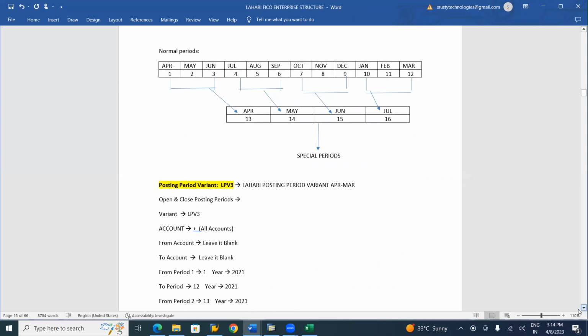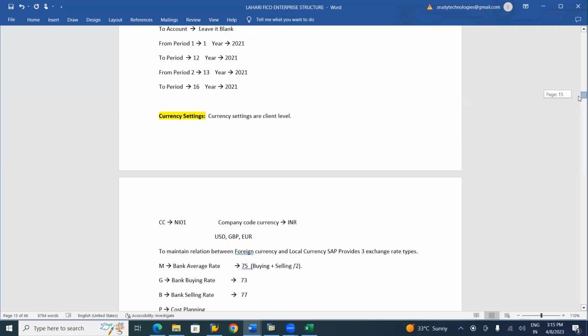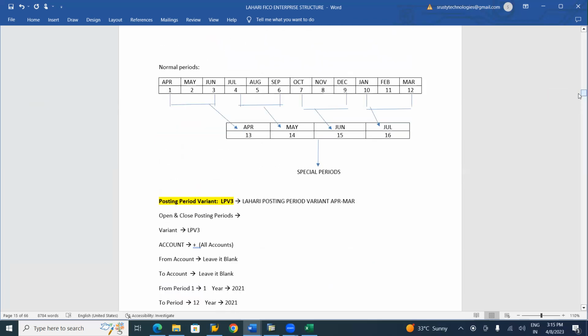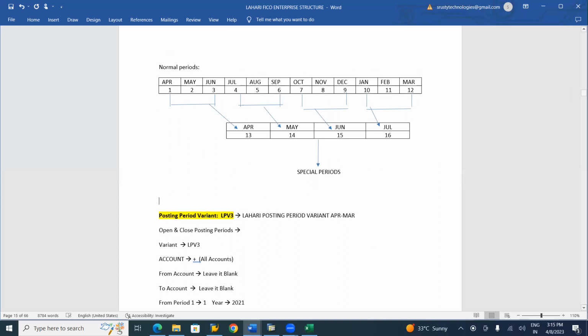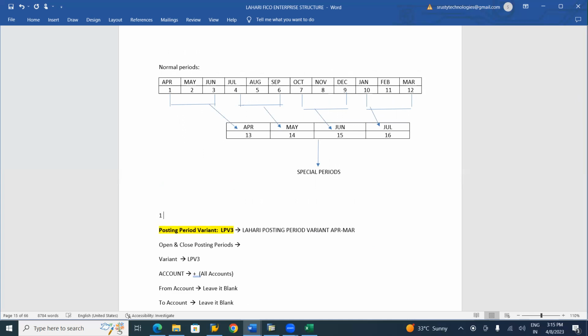See here, what do you mean by posting period? Now, the most important thing is, how many periods do we have? 12 normal periods and 4 special periods, right? So here there is a concept called open and close posting periods. Mostly the people who are working in SAP probably know about it. For example, if I open all the 16 periods, open,